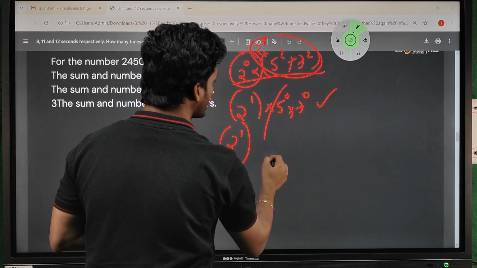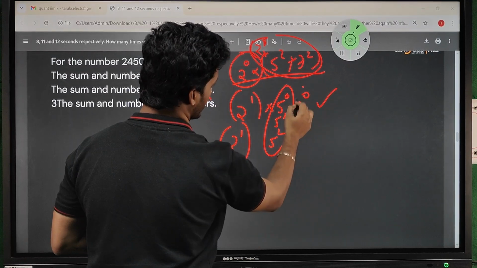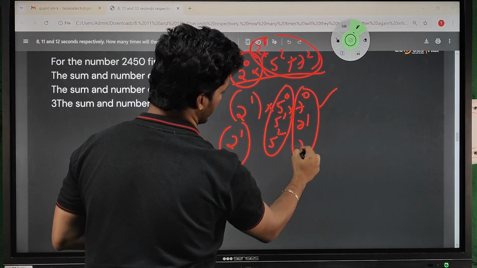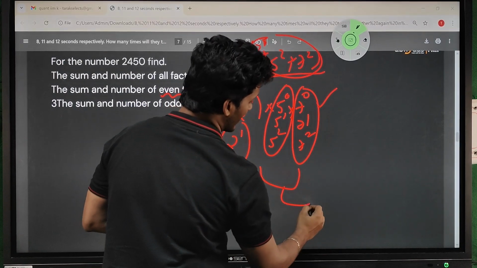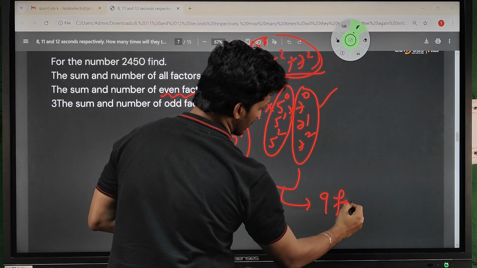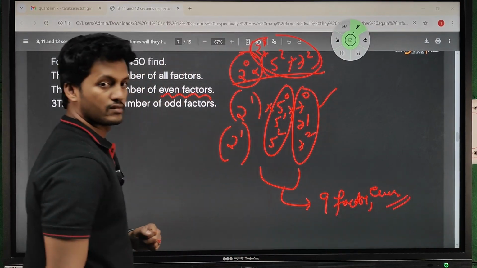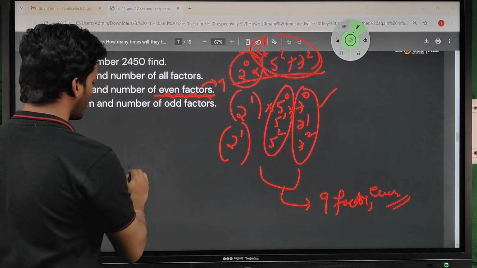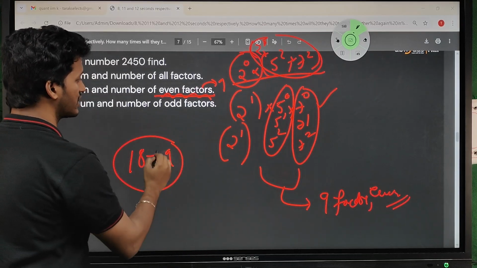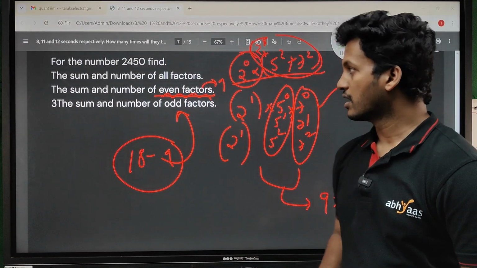So I can have three ways to represent 5: 5 power 0, 5 power 1 and 5 square, and 7 power 0, 7 power 1 and 7 square. In this way I have 9 factors which are even. So there are 9 even factors. Now 18 minus 9 gives the remaining odd factors. Isn't it? Is that the simple one? Yes. But